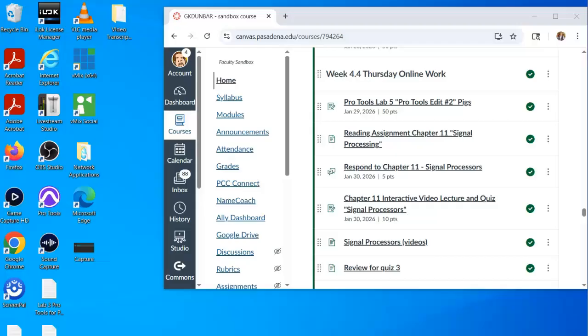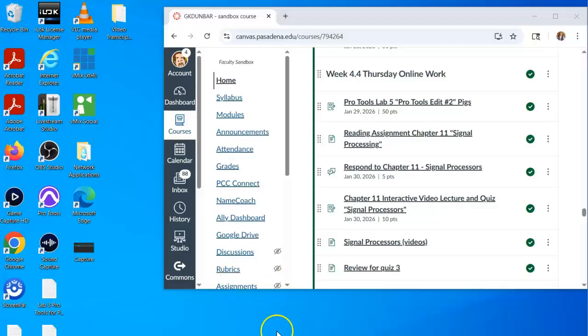And in that session, there'll already be an audio file, and you'll be doing some edits, editing out some mistakes, changing the order of some events, and then lastly, you'll be replacing a word with another word that you'll be given as a WAV file. So there's multiple steps in this particular lab, but it should be pretty straightforward once you get used to the fact that you're actually working with a pre-existing Pro Tools session.